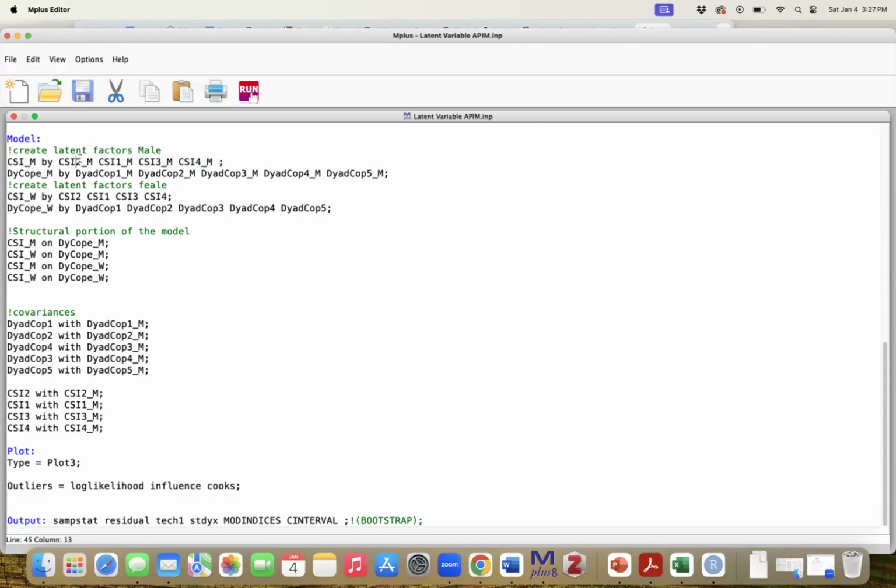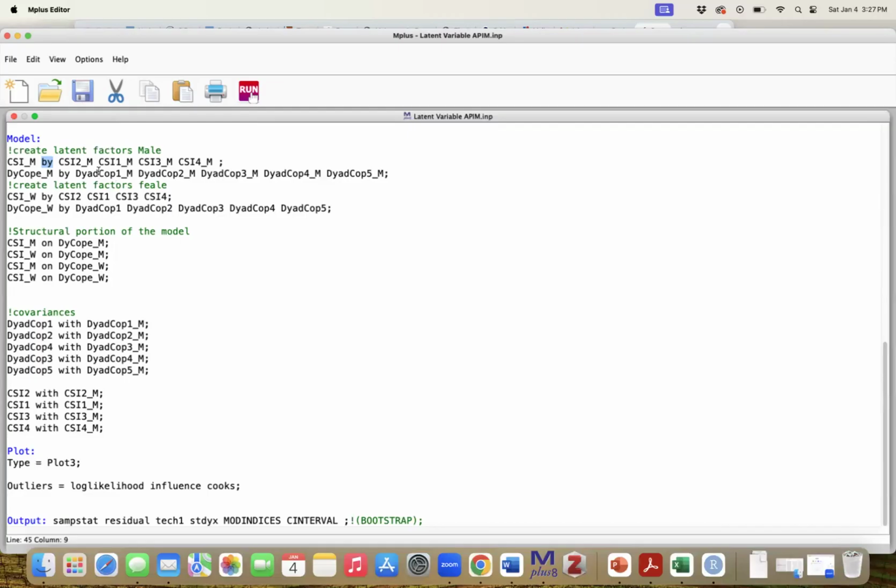You will also notice that I am listing the second item first, because by default, Mplus automatically fixes the first item following the BY statement to one. This is what's called the marker method. Again, this is the default in almost all statistical programs. I know it is in lavaan and Mplus, and I'm sure in other SEM software like SAS and OpenMx and these other